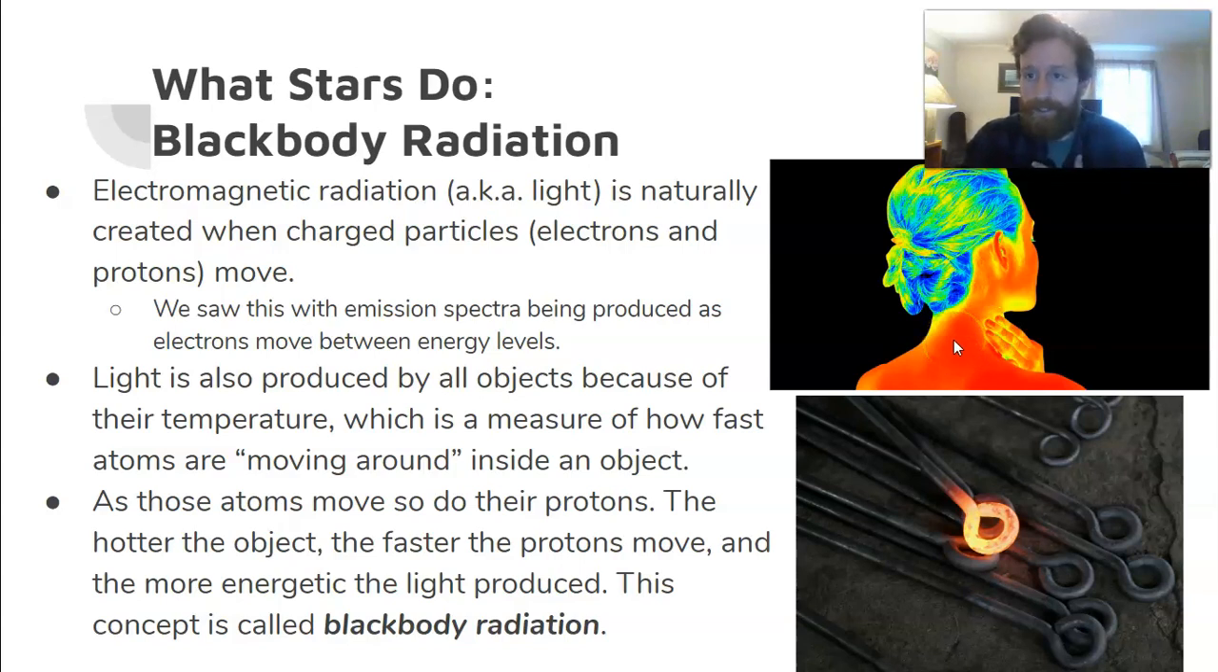Now I am relatively cold compared to a hot piece of metal or a star. And so the light that I give off is only in that less energetic part of the electromagnetic spectrum, the infrared zone, but I am giving off infrared light. And if you had an infrared camera, you could see that. And you could also see that my skin would be warmer than my hair and therefore giving off more infrared